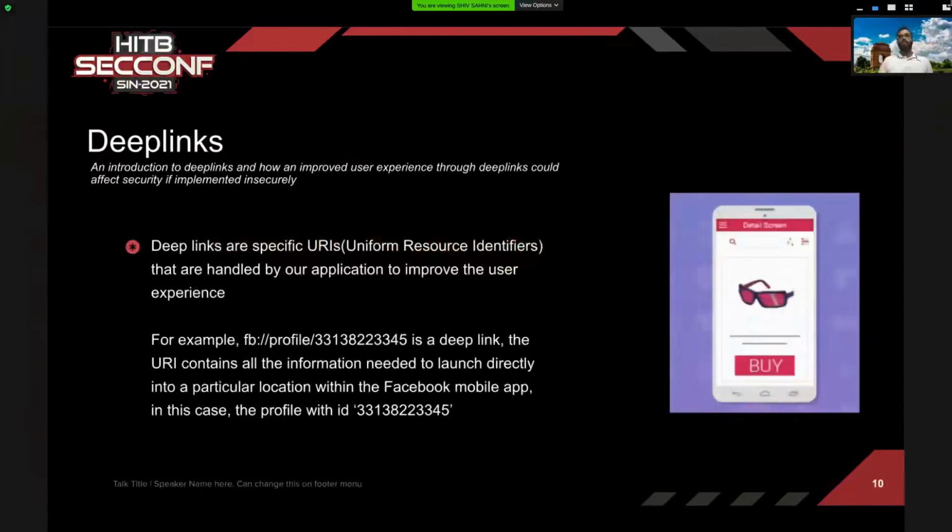And now we know what exactly WebView is and how it works. Let's understand deep links with the help of an example. Have you ever wondered, while you're browsing content in your mobile browser and you click on a link, it opens specific content in the mobile app that is installed on